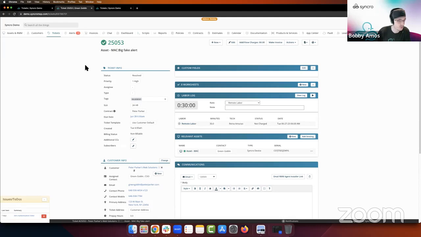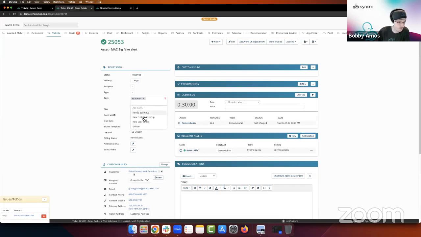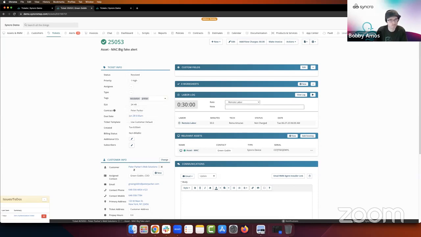Jumping over to ticket detail, here in the ticket info section, you see the same thing. We have a tags field where you can type to search for tags, look up all of your tags, your recent ones, that kind of thing. Again, multiple tags can be added. We have also